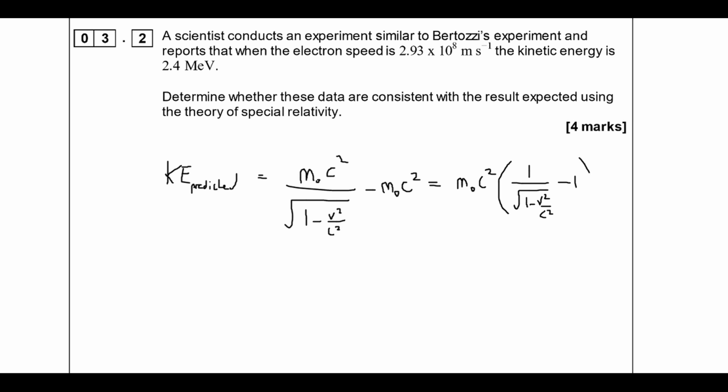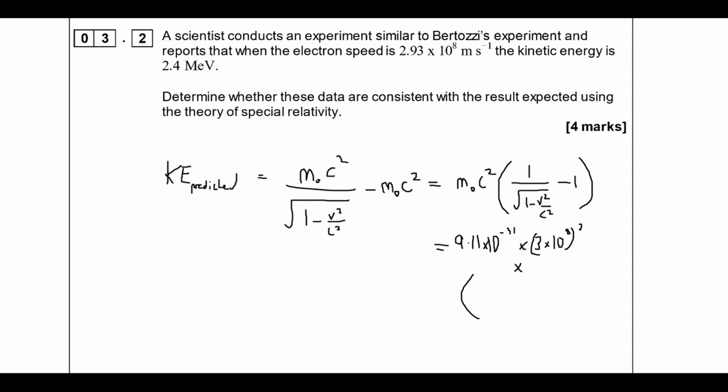Like this. And then what we can do is put in our values. So we've got the rest mass of an electron, times 3 times 10 to the 8, all squared,